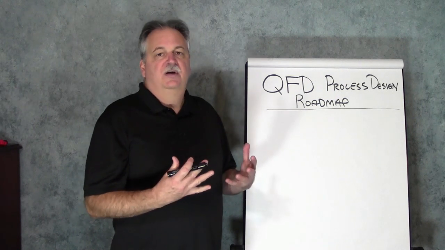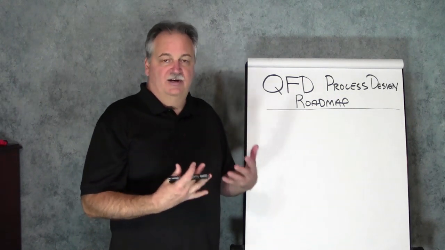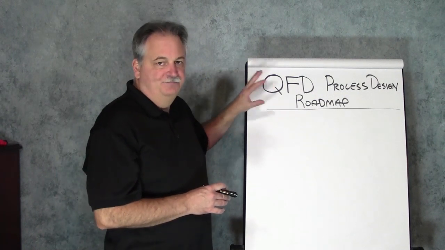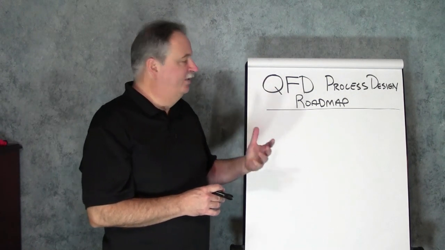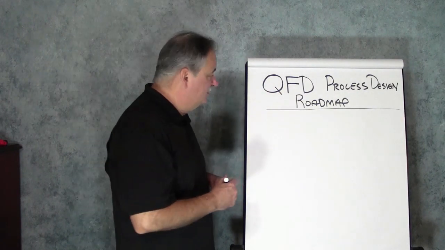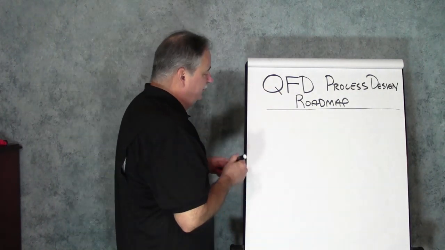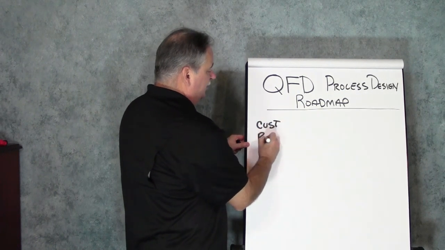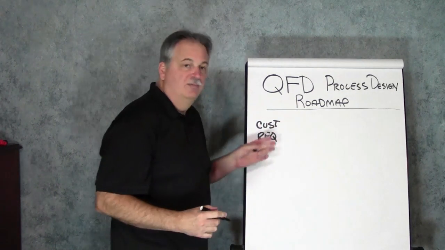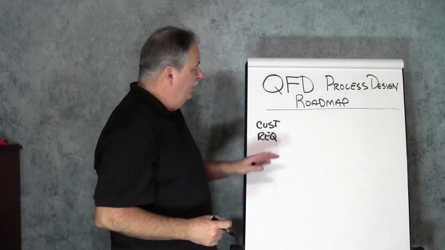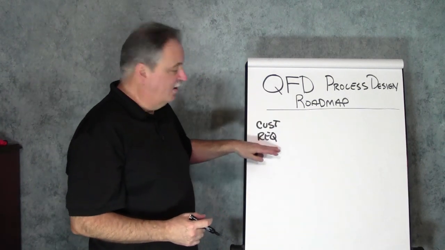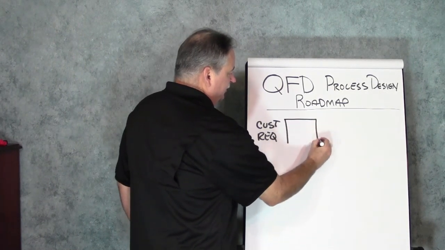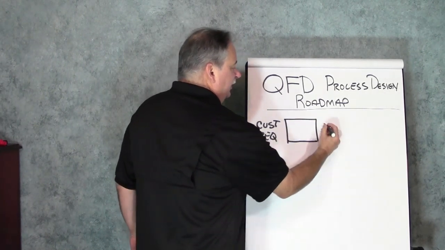We can use this to help us to prioritize complex things. So in process design, the roadmap that we have with QFD and how it can help us is we would start with customer requirements. All right, so what are those customer requirements that are important? And we get a list of the customer requirements and we can begin to build our QFD matrix, and we will rate